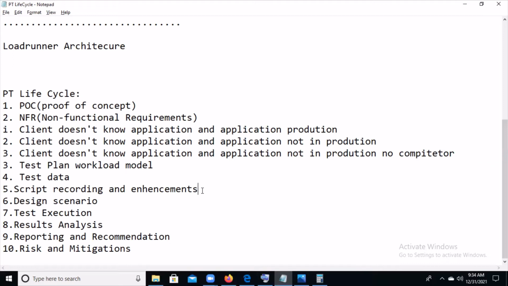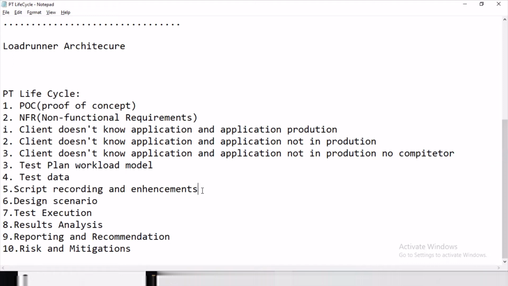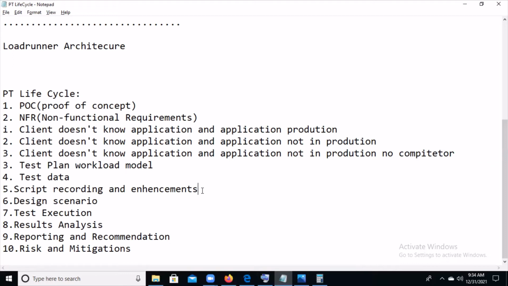SLA means service level agreement. We need to check whether we meet the SLA or not, and whether the CPU and memory utilization is good or not. Everything we can mention in that document, like in results analysis. So, if we do not meet the SLA, the service level agreement,